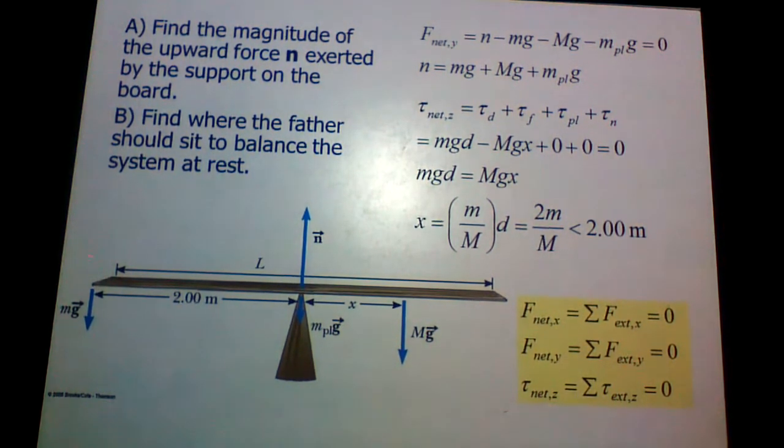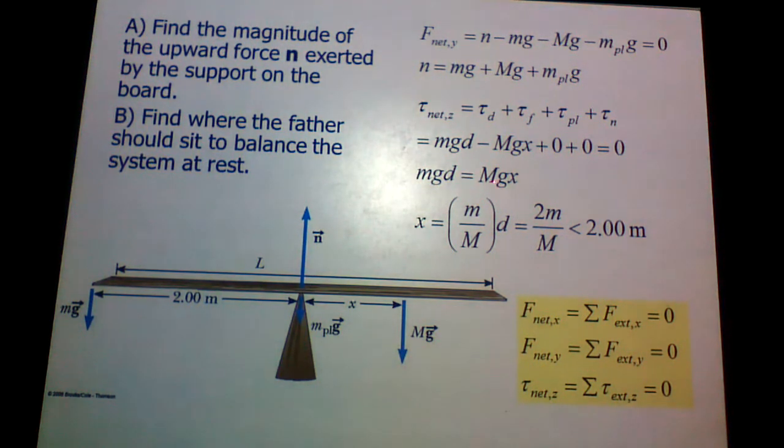The daughter still has a weight force, and she is trying to counterbalance the torque from the father in the clockwise direction by giving a torque in the counterclockwise direction. So the daughter is trying to apply a force in the counterclockwise direction, which is a positive direction, so that makes it a positive mgd. Because all of this is at rest, I know that this is equal to 0, so I can